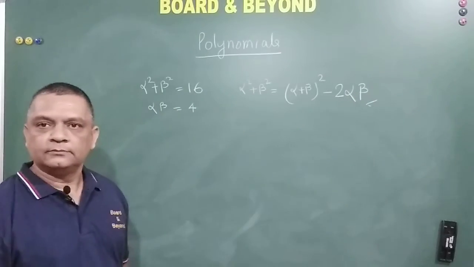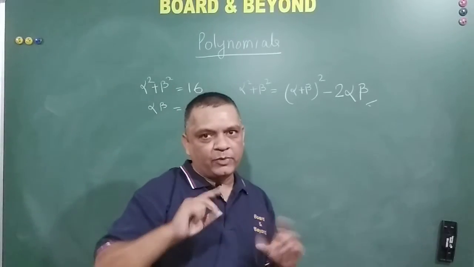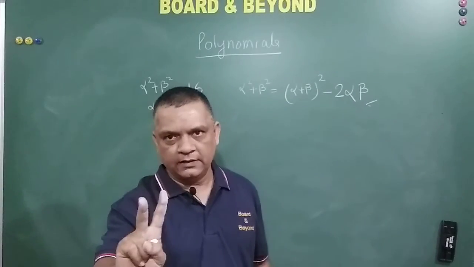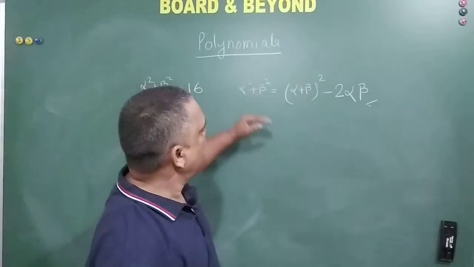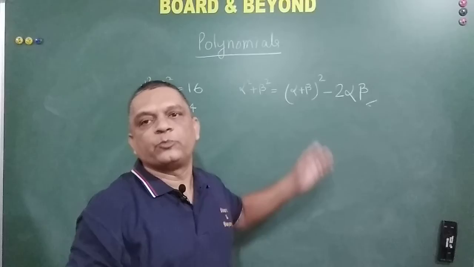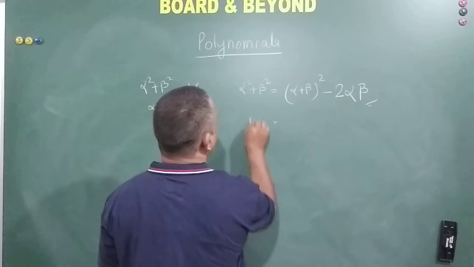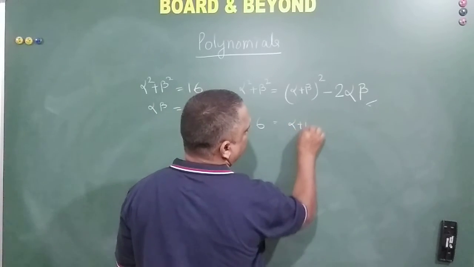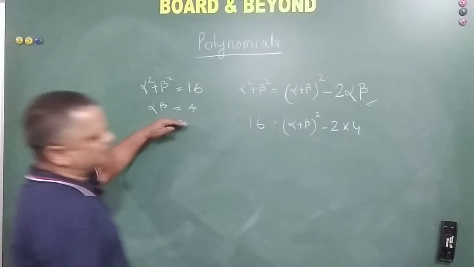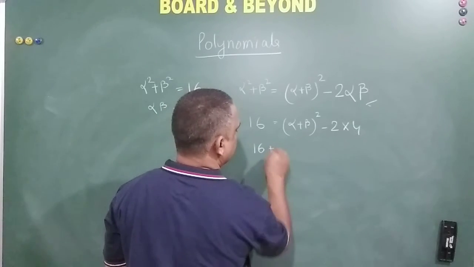Any problem, my friends, here? Till now, no. Because a plus b whole square is equal to a square plus 2ab plus b square, very well known to us. Now this is a slight modification of that, which I am presenting to you here. So alpha square plus beta square is known to be 16, the sum is not known to us, and this is 2 into 4 here.